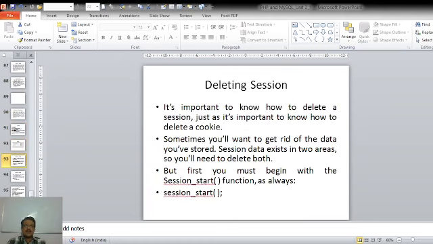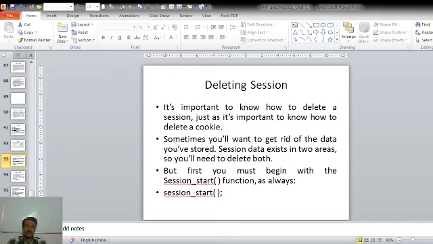Then let us see how to delete the session. Now it is important to know how to delete a session, just as it is important to know how to delete a cookie.